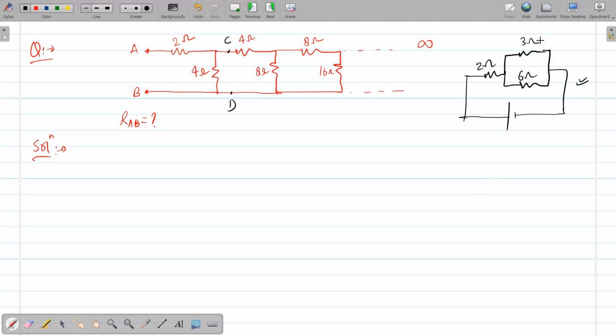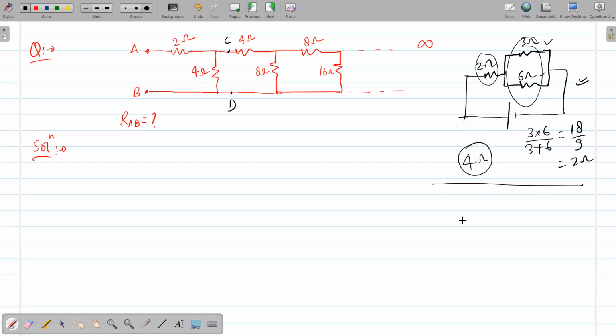You can see that 3 ohm and 6 ohm are in parallel. So 3 and 6 will give us 3 times 6 divided by 3 plus 6. This comes out as 18 by 9, which means 2 ohm. And when this 2 ohm is combined with this 2 ohm in series, we get the final answer as 4 ohm, right? Now students, suppose I ask you to consider new resistances in the same circuit,